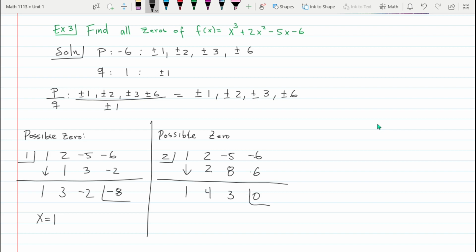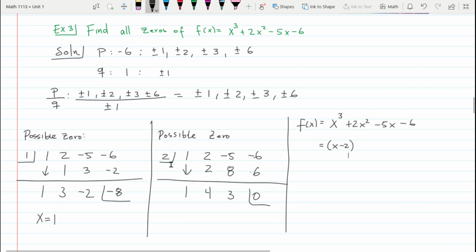And we see that x equals 2 is a 0 of the polynomial f of x. So what does that mean? Well, what we can do is rewrite f of x in the following form. And so x to the third plus 2x squared minus 5x minus 6 is the same thing as x minus 2, which comes from this factor here, right, which is x equals 2, and that multiplied to the quotient